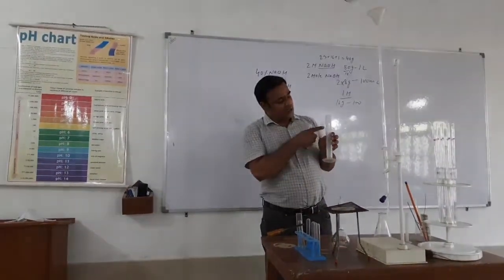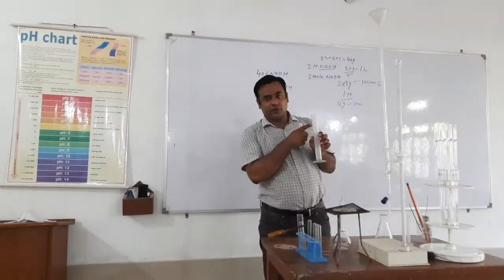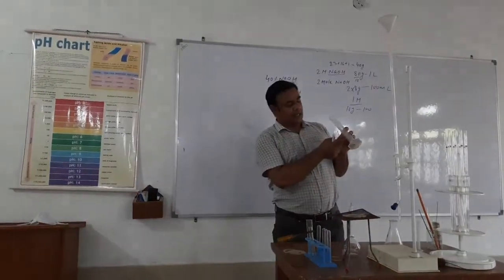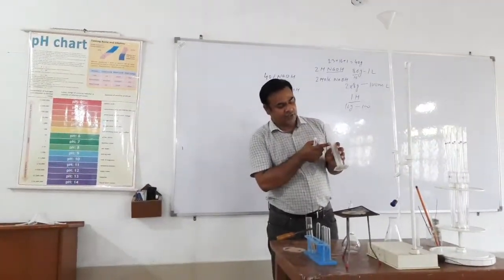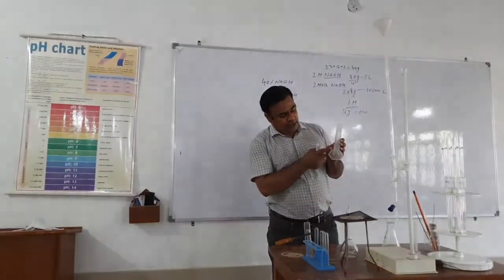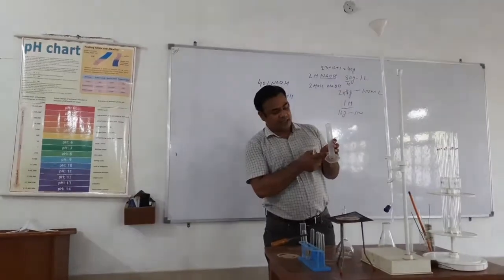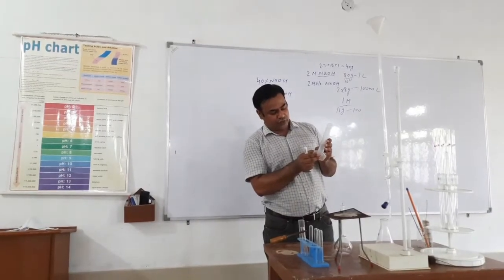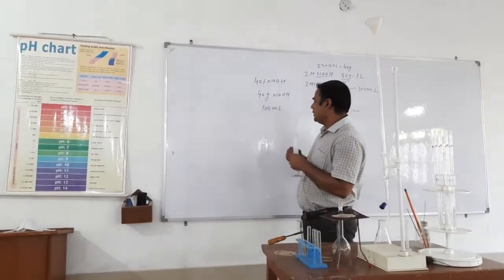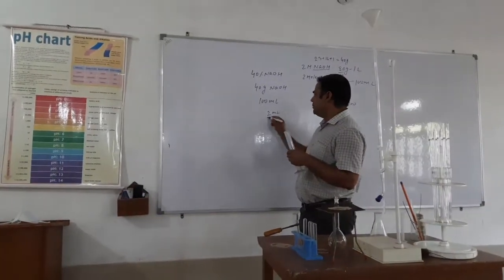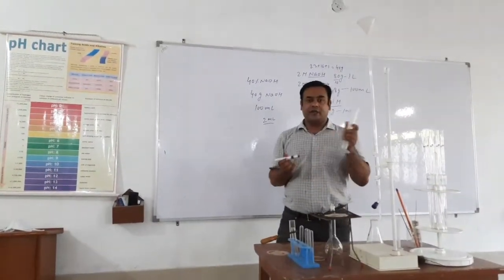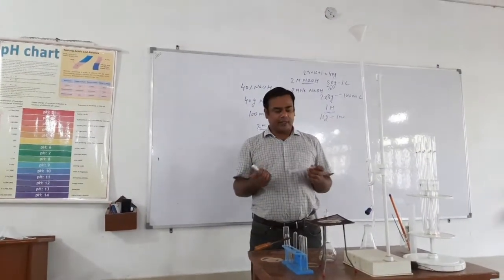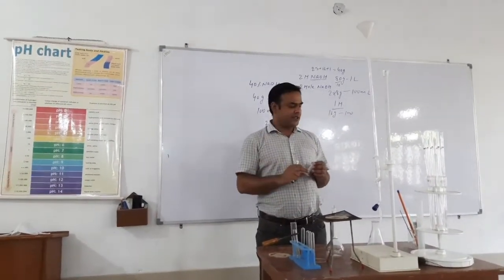The calibration mark is here. You can see the maximum volume that we can measure through this is 100 ml, and there is a difference of 10 ml: 10, 20, 30, 40, 50, 60, 70 like that, and there are a total of 10 sections in this. The minimum volume that we can measure is 10 divided by 5, that is 2 ml. Maximum we can measure 100 ml by using this measuring cylinder. But whenever we have to measure 1 or 2 ml, in that case we use this 10 ml measuring cylinder.